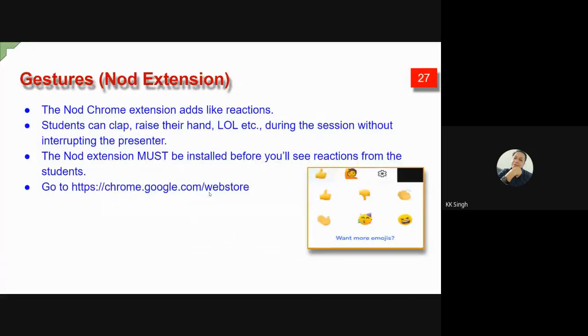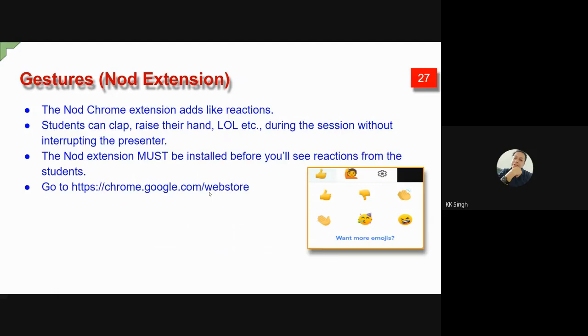Now, this is a new thing for you, gestures or the Nod extension. Like Meet Attendance, there's another extension called Nod. This is the Nod Chrome extension that adds reactions of the students. What are those reactions?